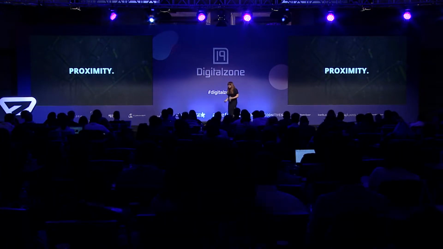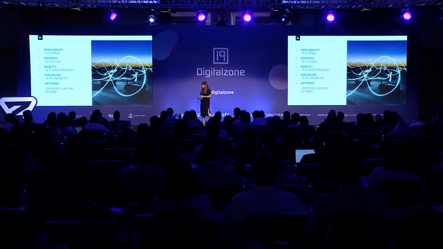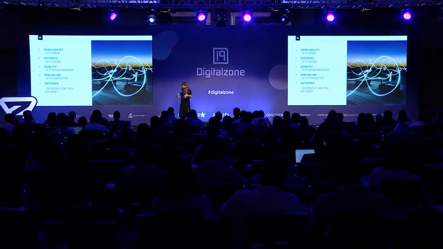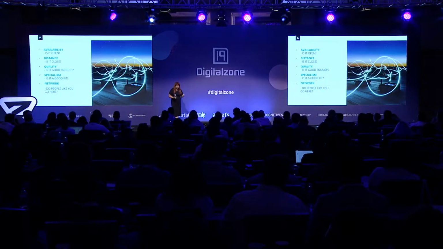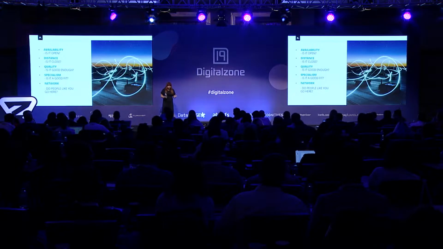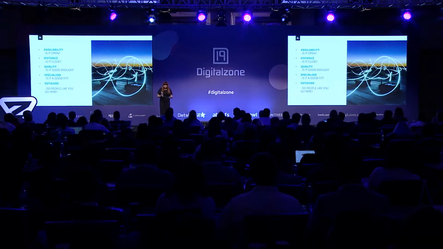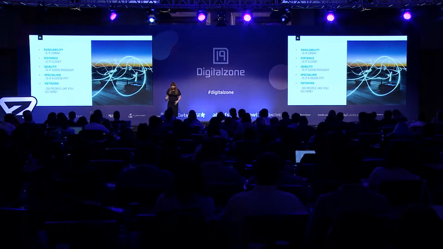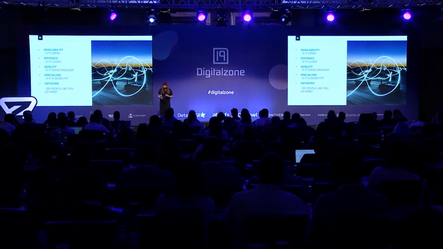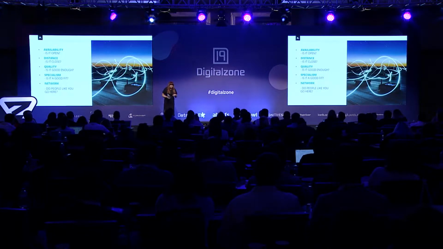Right, proximity. So proximity for us has 5 core areas, and that's really asking about availability, distance, quality, specialism, and network. So any query where it's something you're going to want local to you, like you're ordering food or you're getting a taxi, it really matters exactly that you hit these criteria, which also means these criteria have to be present on your site. I think the most interesting one here is network. Do people like you go here?